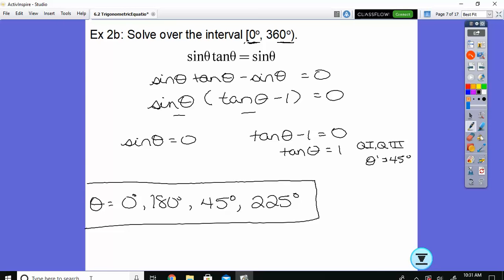I probably do not have time to get through another example, so this is where we're going to stop for today. And we'll pick up with these tomorrow, the 6.1